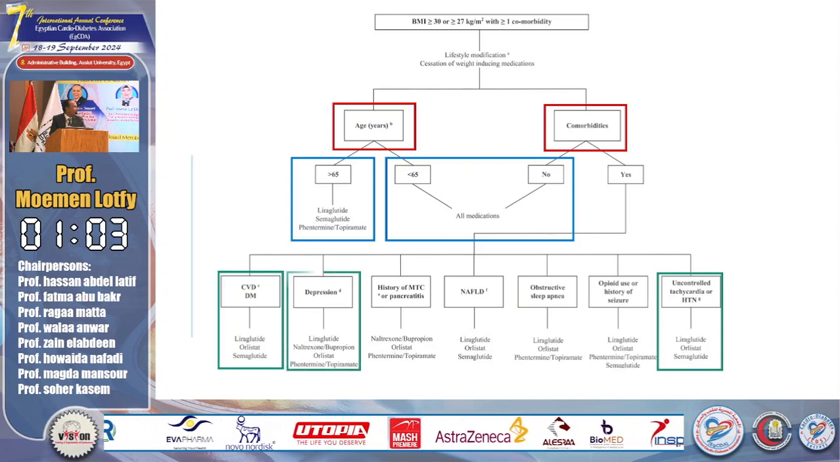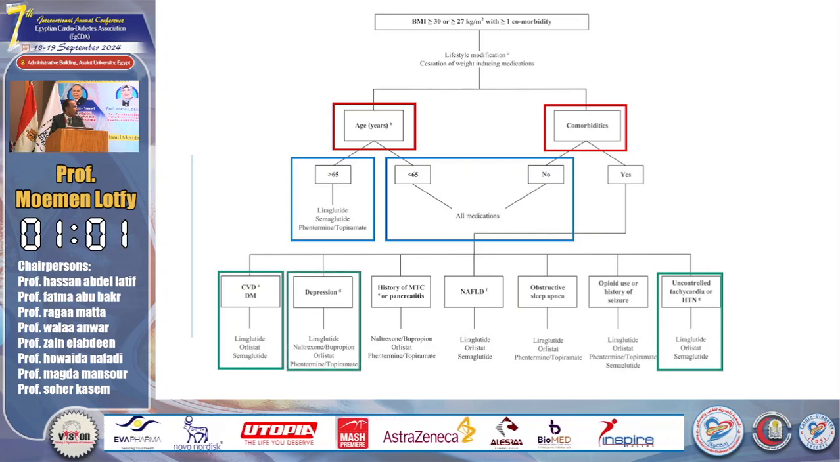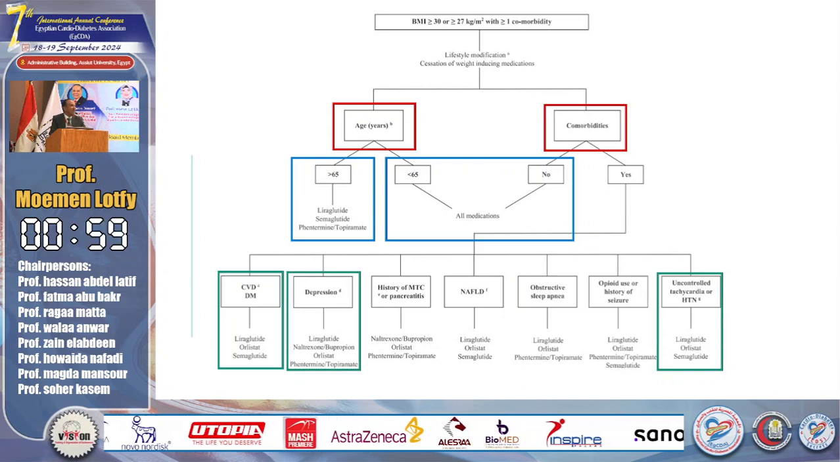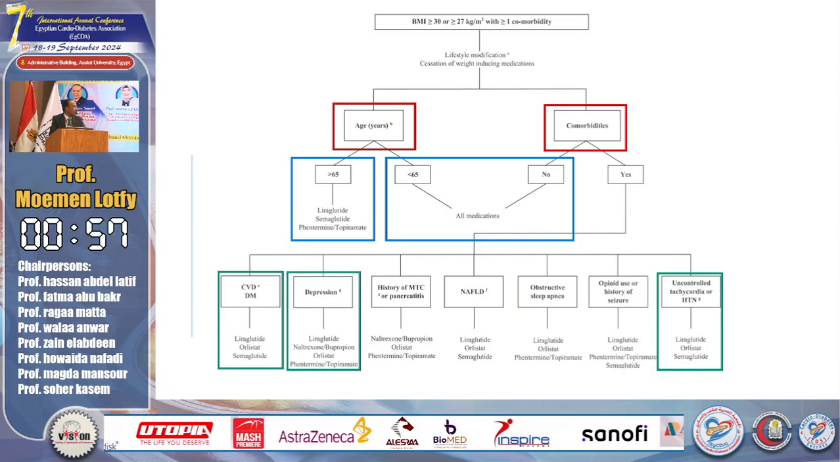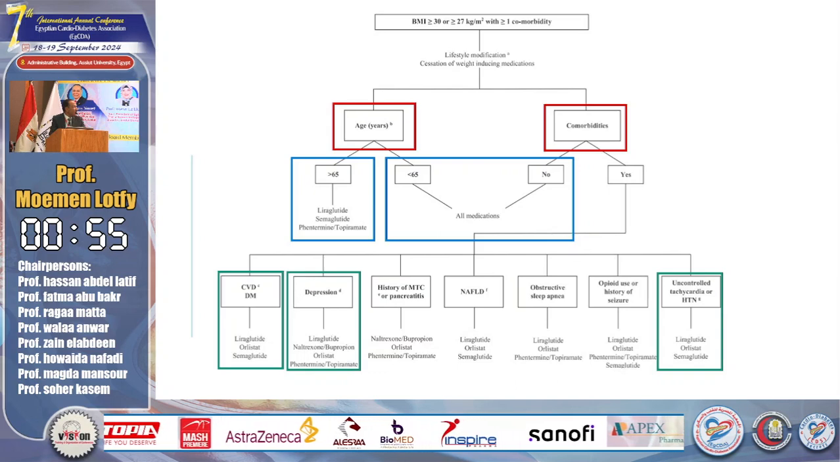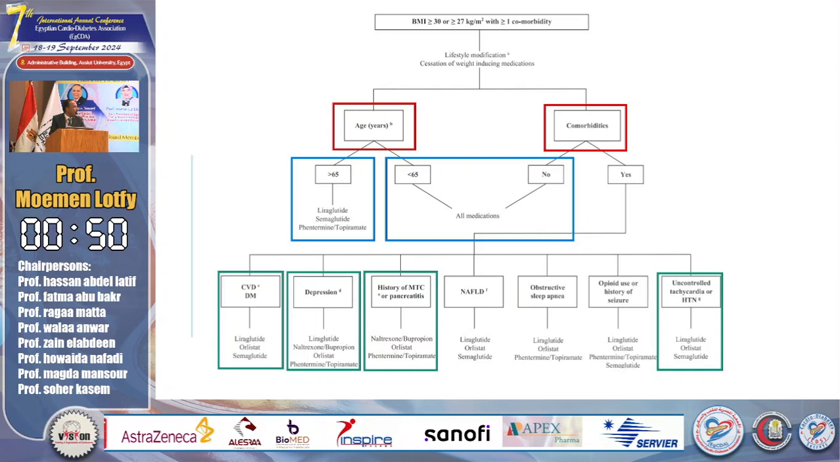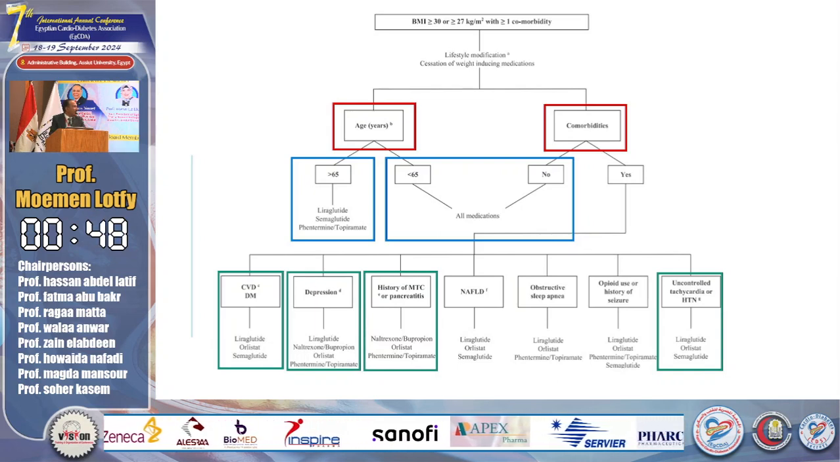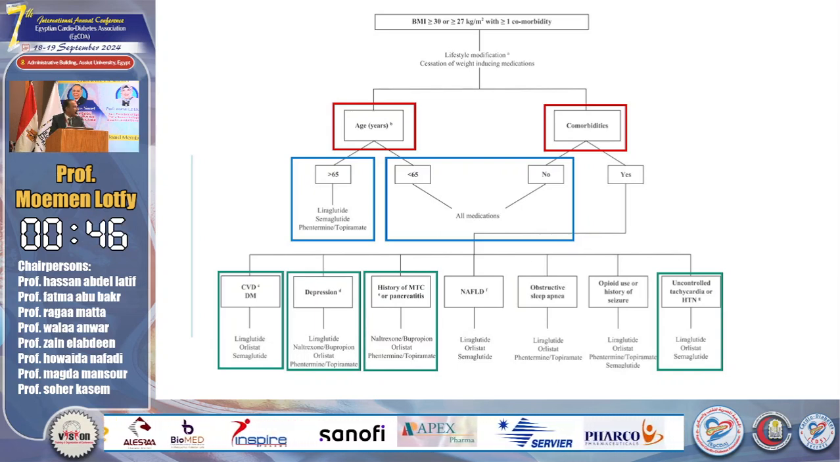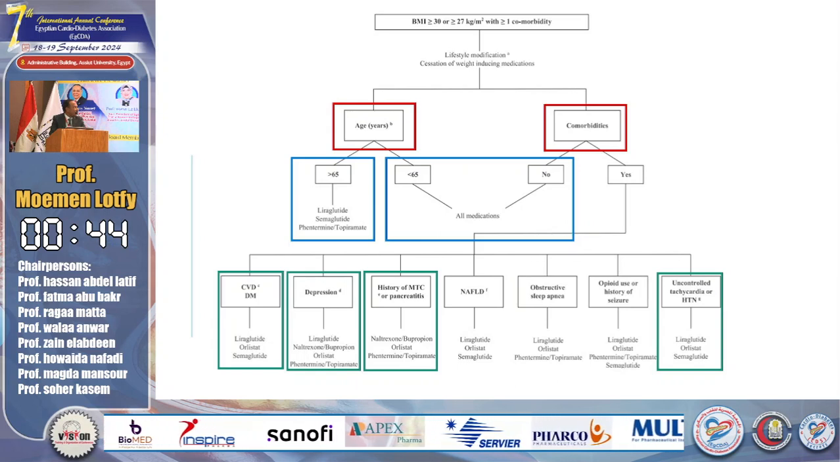With depression, we can use liraglutide. Semaglutide is not used because there were suicidal incidents. And orlistat may also be used in patients with a history of medullary thyroid cancer or pancreatitis. Liraglutide and semaglutide are contraindicated, and we can only use naltrexone, bupropion, orlistat, and centrally acting